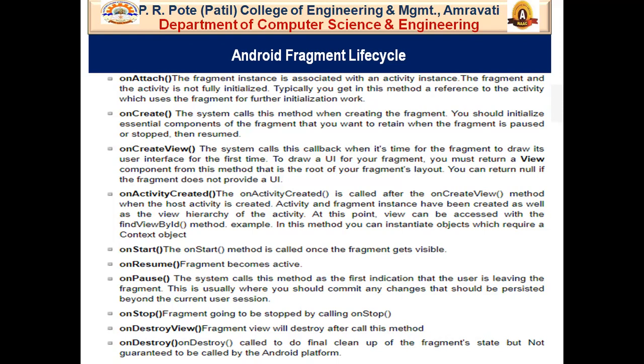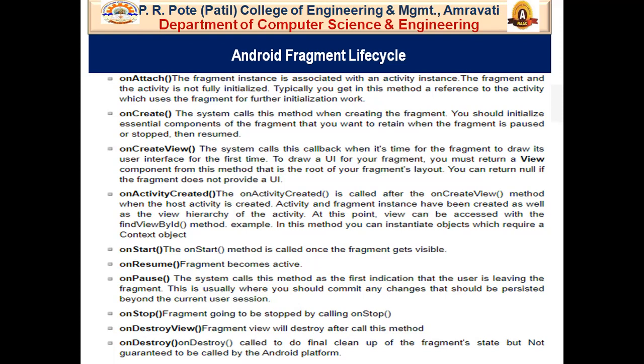In the onCreate method, you can initialize essential components of the fragment that you want to retain when the fragment is paused or stopped, and then resumed. Say the fragment is coming from a previous state, or you have some data that you want to continue using, you can use that state to reset or initialize to that particular level. And this is onCreateView.